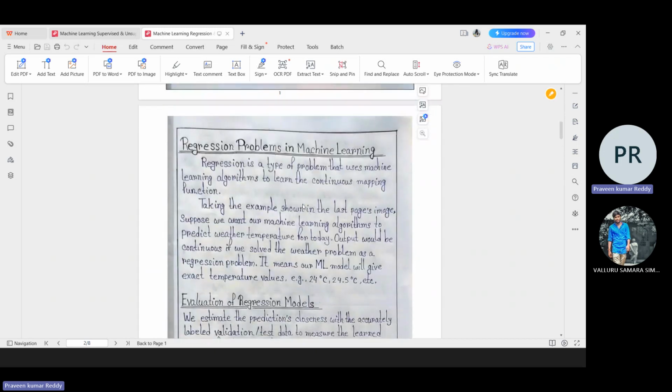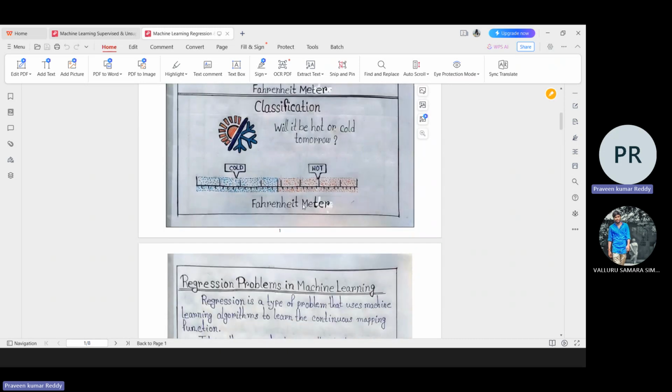And regression problems in machine learning. Suppose we have to take one data set. In that data set, suppose,